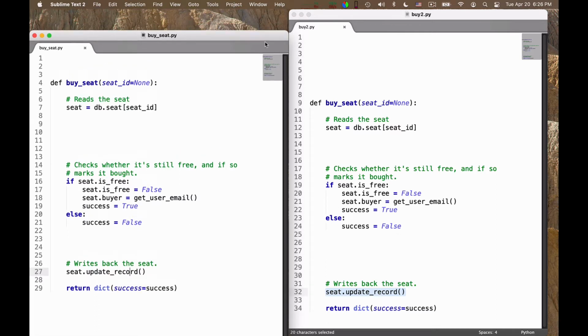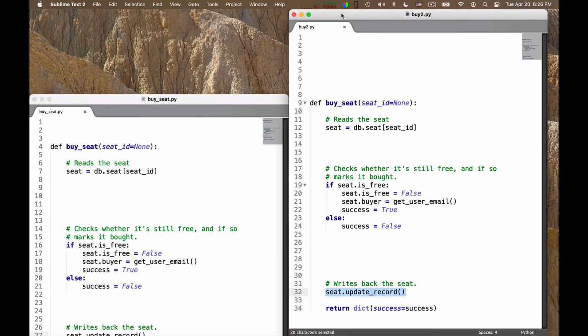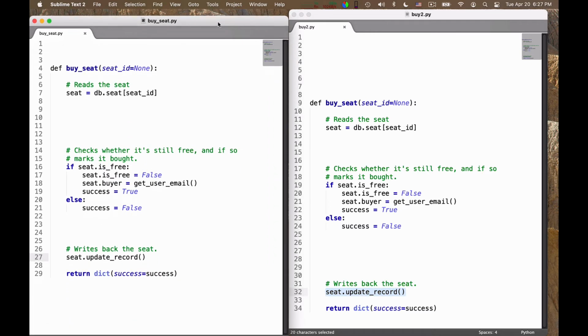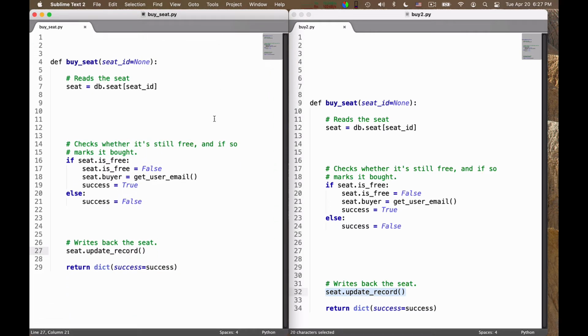Of course, if the timing was slightly off in the other direction, then user 1 would have succeeded in buying it, even though to both of them you would have sent a confirmation. So what we would like to do is to have some way of essentially ensuring that these read, modify, and write operations happen in a way that they don't interact with each other. We would like to have some notion of processing either the request for user 1 or for user 2 independently from each other.